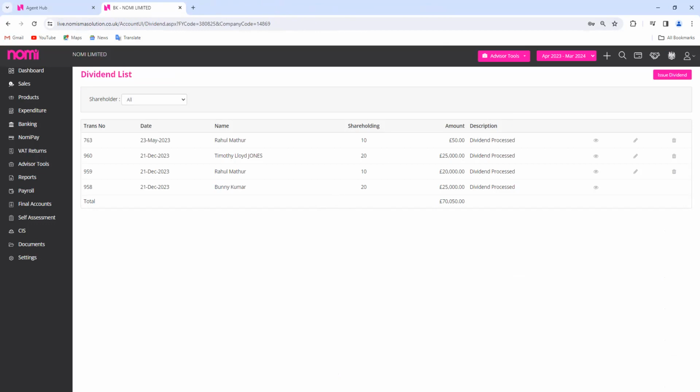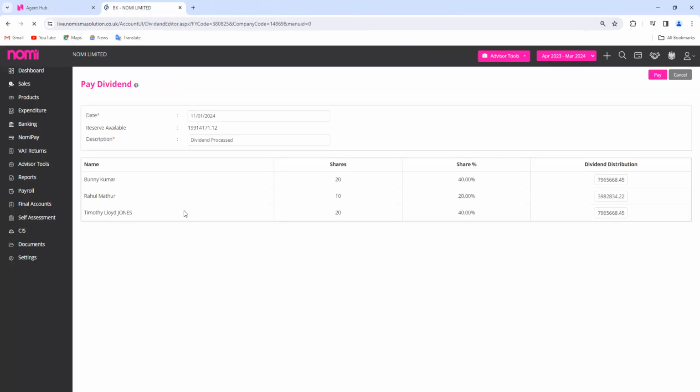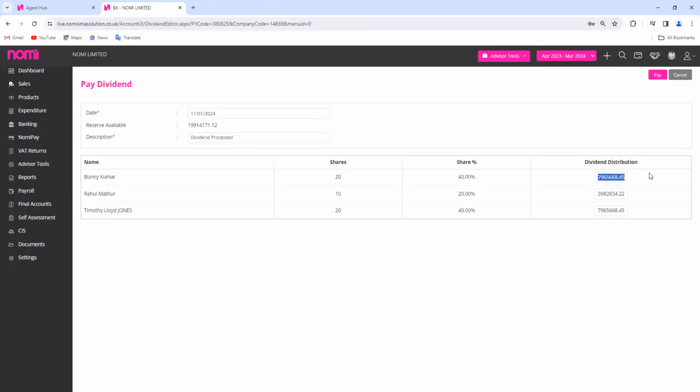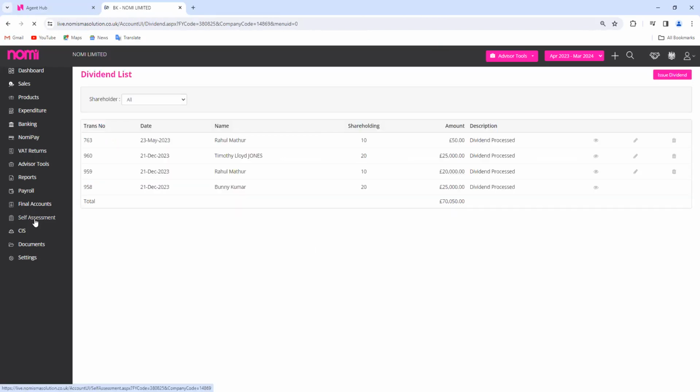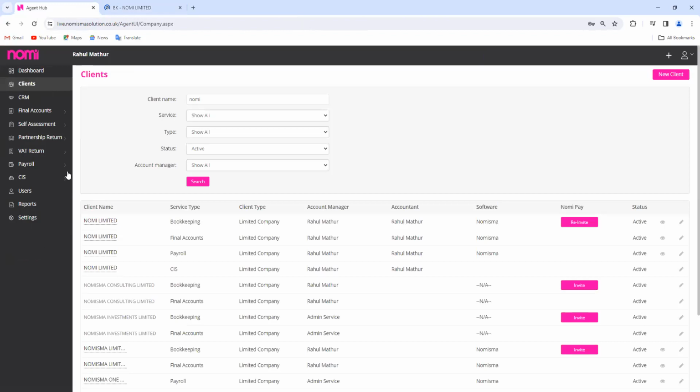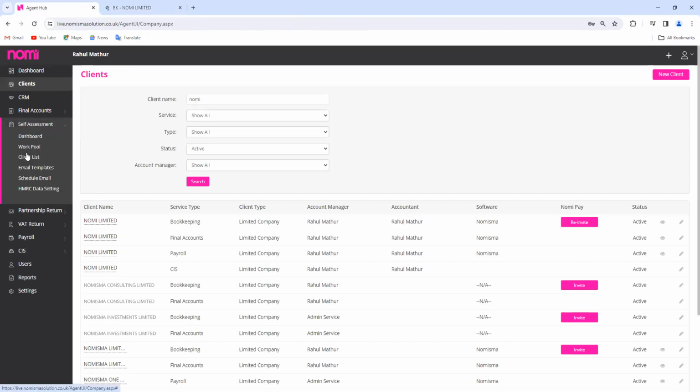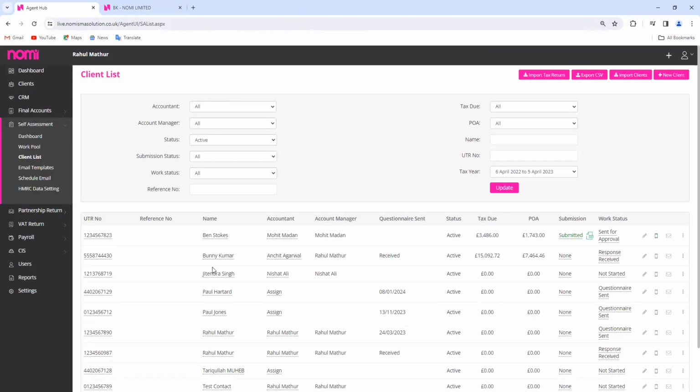So first, you have to click on issue dividend. Once you click on issue dividend, you have to choose the person to whom you want to issue, the director. So here you have to enter the dividend amount, and after that you have to click on pay. Once you do this, the dividend voucher will be created, and then you can go on to the self-assessment record. You have to click on self-assessment client list, and here you can see the record Bunny. So you can just click on the name,